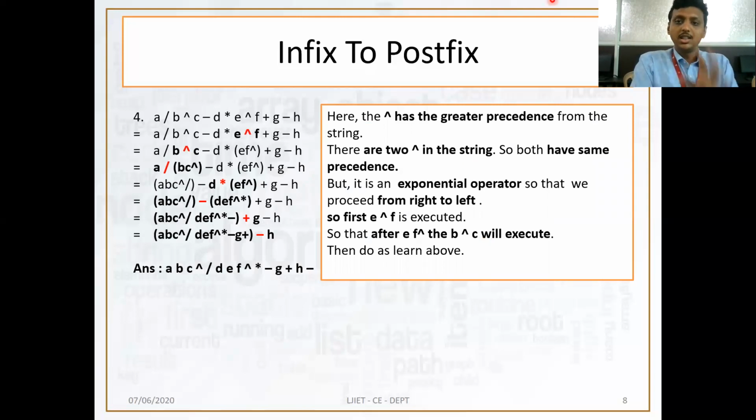Okay. So in this lecture we studied infix to postfix. In my next lecture we will study infix to prefix. Till then, if you have any query, please feel free to ask me, but do remember to learn the points that I have told you, how to take the precedence and how to execute the expression: first $, then division and star, and then plus and minus. Thank you so much.